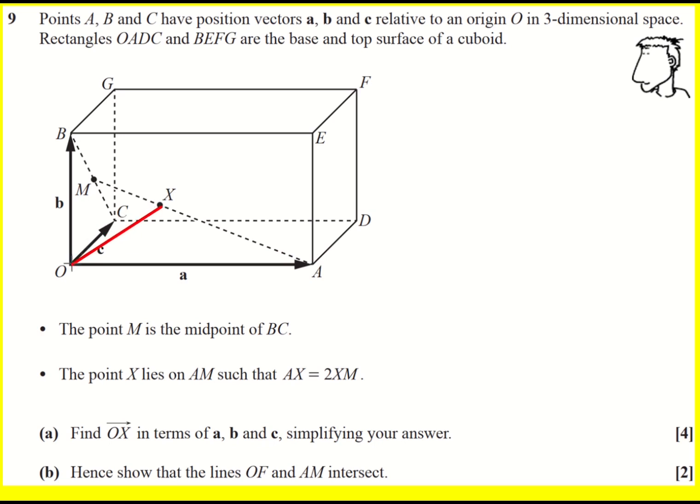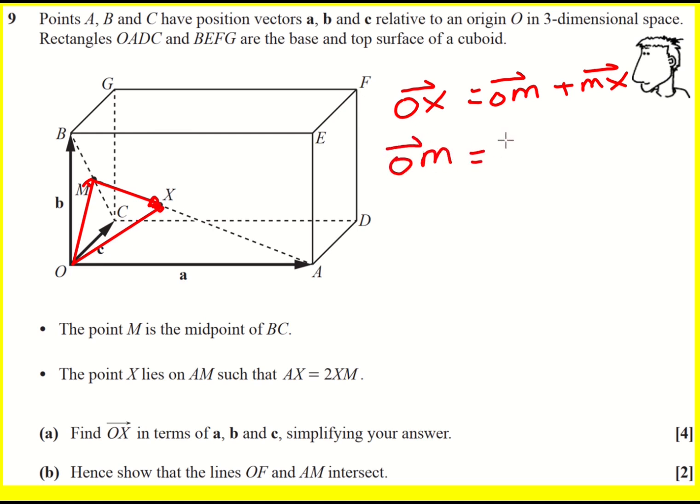Now to work that out, we can actually go from O to M because we have information on that. We know that M is the midpoint, and then M to X because we have information on that as well. So I want to find OX, but what I'm saying is that it's going to equal OM plus MX. To start with, OM then. So OM is the midpoint of BC, and therefore to find it, we can do B plus C would take